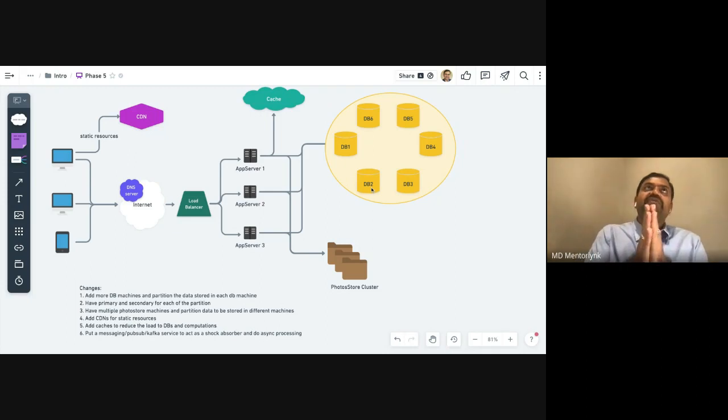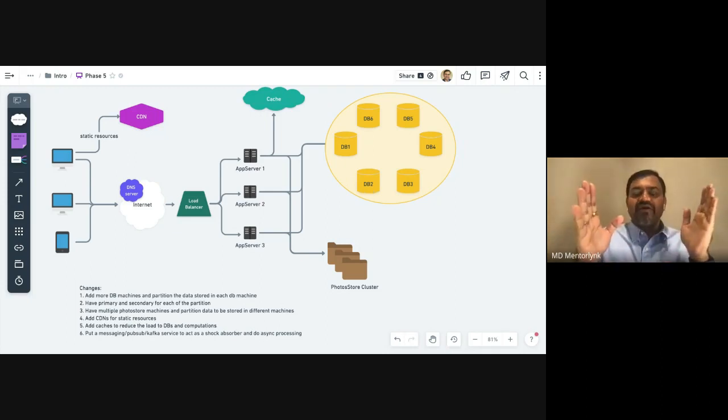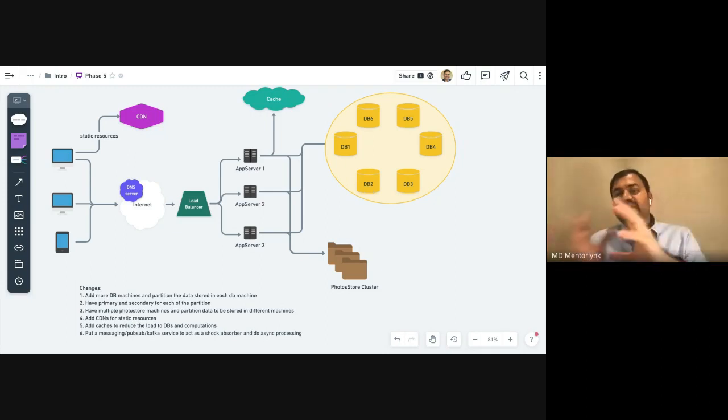So what you have done is sharded a high amount of write traffic to multiple databases. So you have now reduced a single point of failure. You have made the database highly scalable. You can add one more machine and things will work. So that's good on that part.